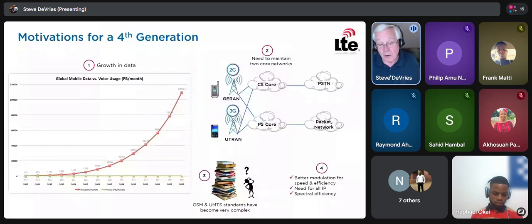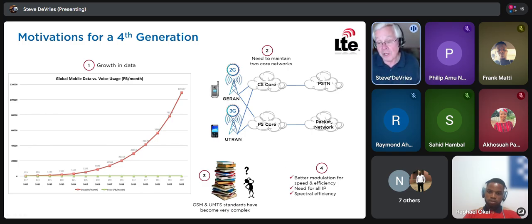The standards, down here, number 3, were getting very complex. You had 3G, you had high-speed uplink packet access, you had high-speed downlink packet access, and the standards were getting very, very complex to maintain with these 2 networks.